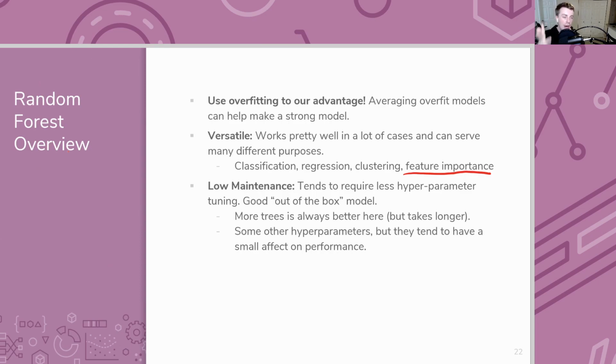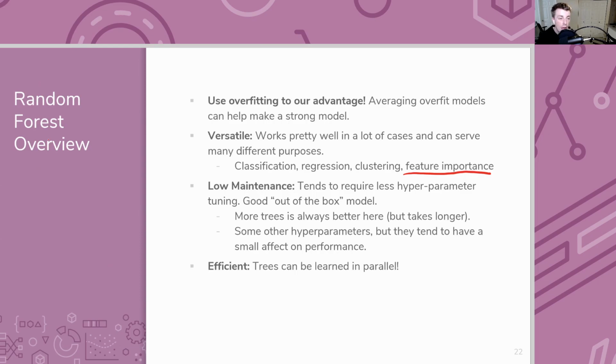Now, they do have other hyperparameters, and you definitely should do hyperparameter tuning, but you get a little less bang for your buck than with other models where hyperparameters are very, very important. Random forests have really, really decent default performance. So if you're ever trying to come up with a baseline for a problem, I always recommend trying something. If it's a classification problem, try something simple like logistic regression, and then maybe also try a random forest. These can give you really good baselines to compare against if you want to try something much fancier.